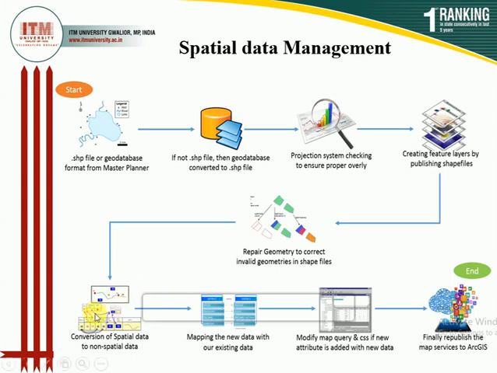The spatial data are converted into non-spatial data, meaning numerical data, and finally a new map is made, which is then matched with the pre-existing map which is present in a GIS software or GIS server. After matching, a few pieces of information are generated, and finally the questions or queries which are asked in the GIS system are answered, and the answer is generated in the form of a new map. In this way, the spatial data is managed properly.